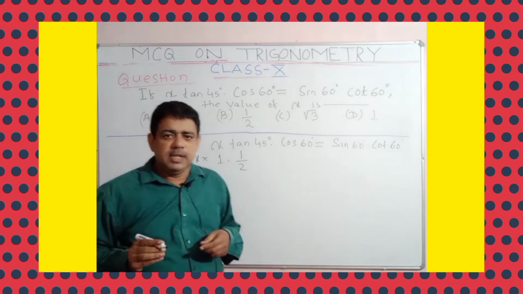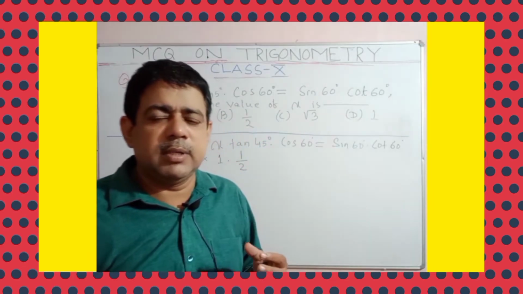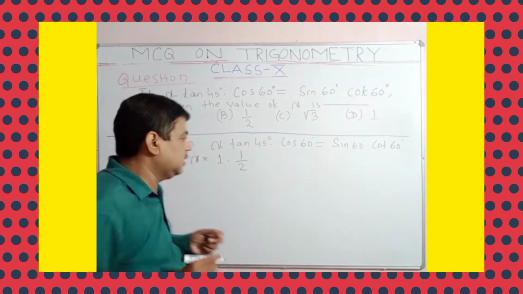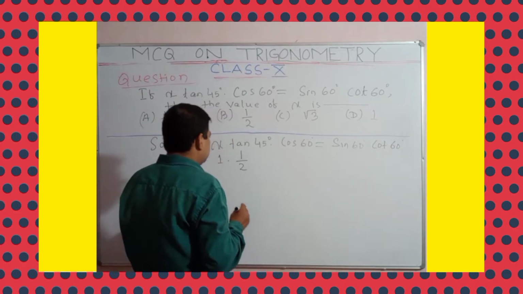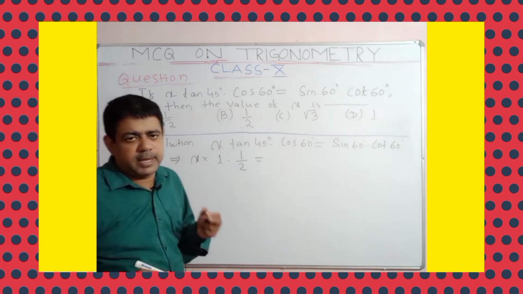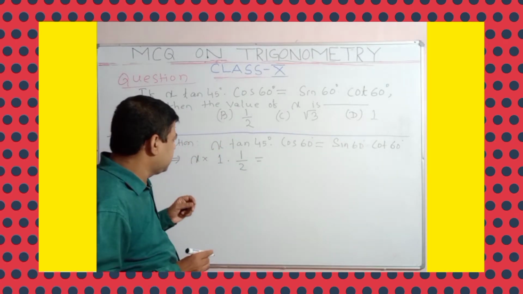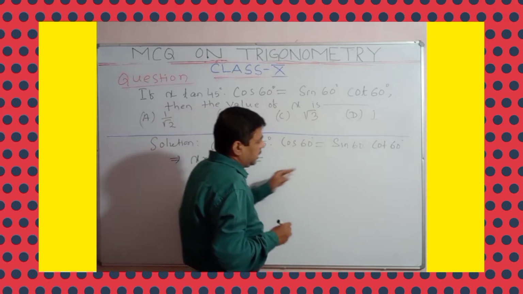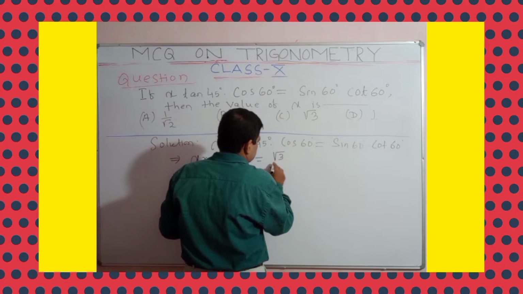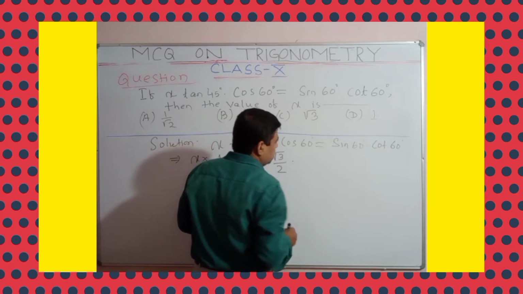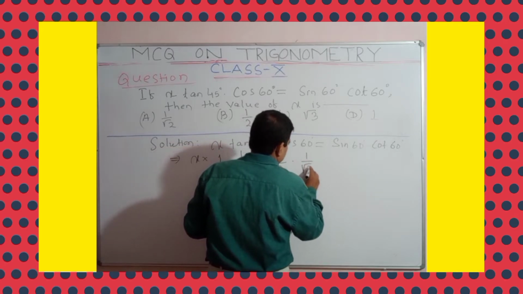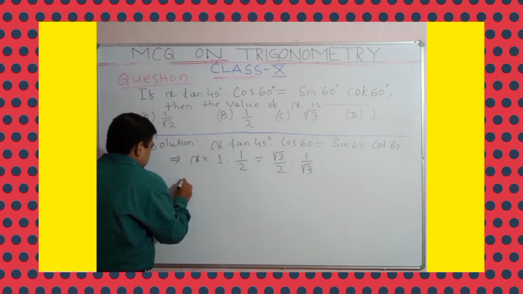Understand? And I have already explained a short trick how to remember a trigonometric ratio, in a separate class. You can see once again. That was a very interesting class. Okay, how to remember the trigonometric ratio of different angles. Already a class is done for you. You can go through. Again, sin 60 degree what? Sin 60 degree is root 3 upon 2, and cos 60 degree is 1 upon root 3. Yes or no? Understand? So very simple.